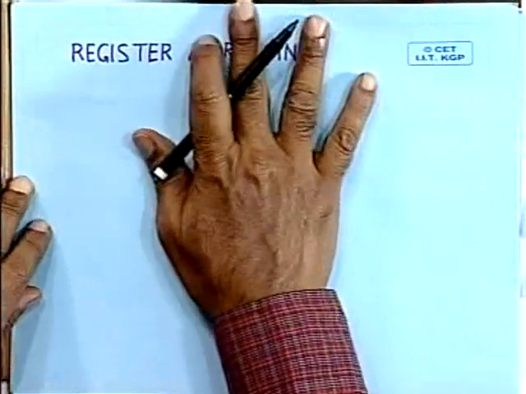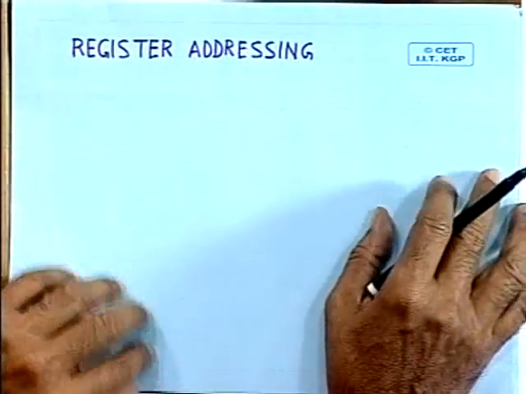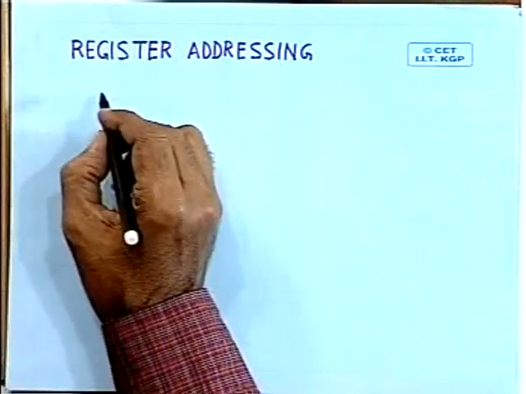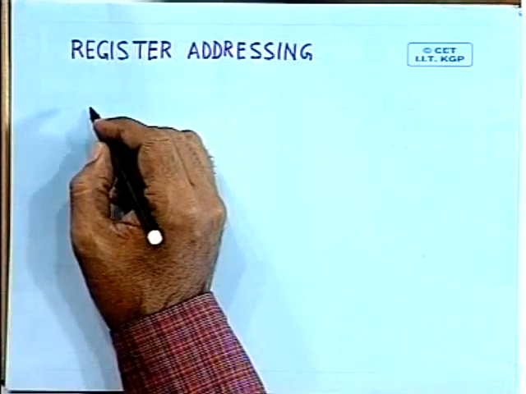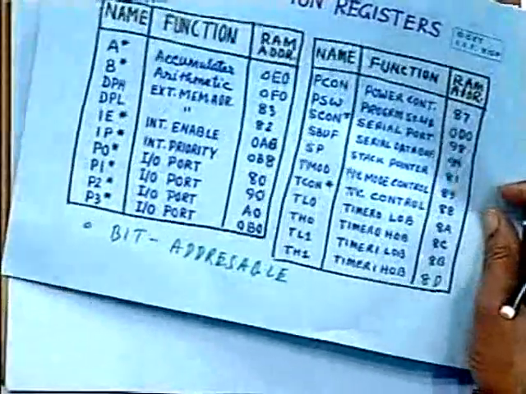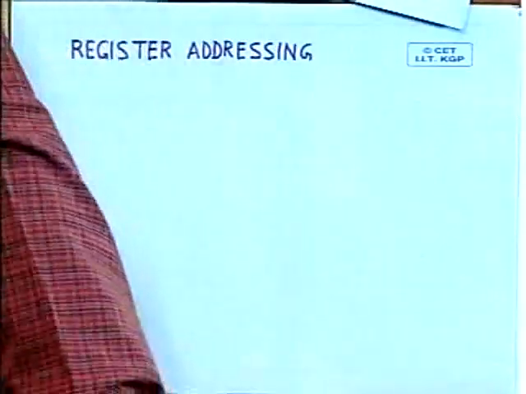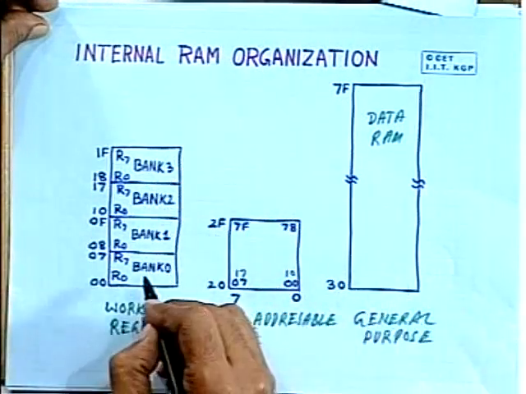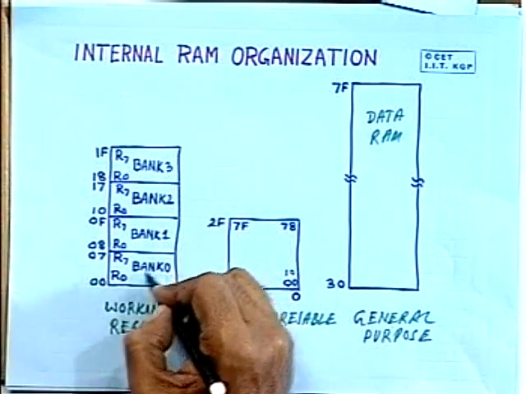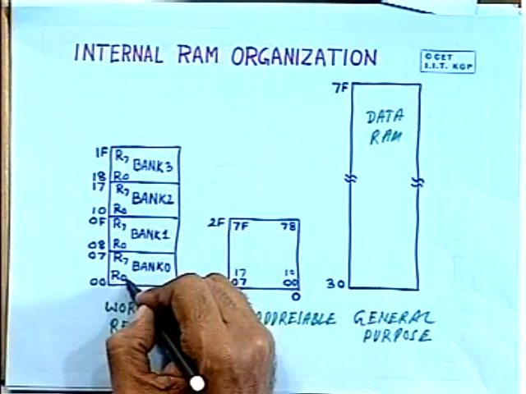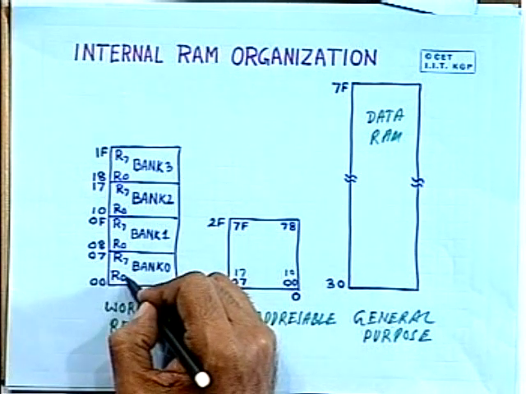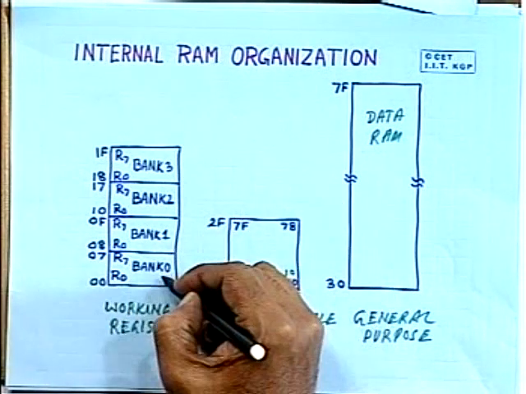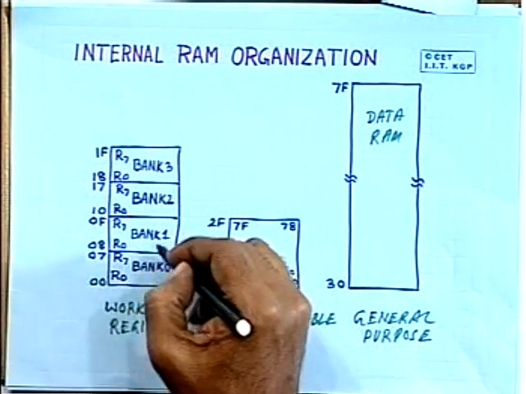First is the register addressing. In case of register addressing, the registers can be addressed by their symbolic names. There are various registers that you have seen inside the processor. First of all, you have got these general purpose registers available in 4 banks, and each bank is having 8 registers. These registers are accessible by the symbolic names R0 to R7, but as I have already told you, at a particular instant only registers of one bank is available,